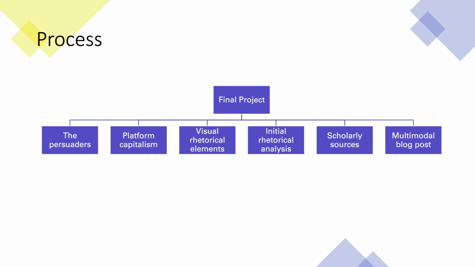I learned how to find reliable scholarly sources and how to cite them in my writing. I found papers on animated commercials and the visual rhetorical elements. I used the information from the papers to make a more concrete argument about my rhetorical analysis. So I completed project 2 by combining the information from the papers with the analysis I wrote before, refining the analysis more using the knowledge learned from the papers, and finally making a multimodal blog post of my rhetorical analysis.